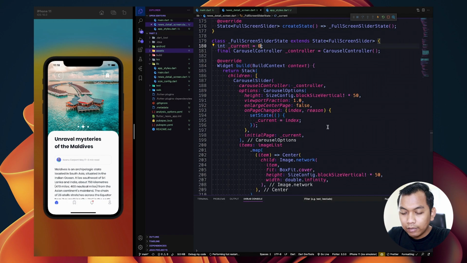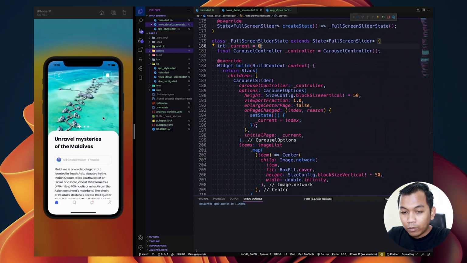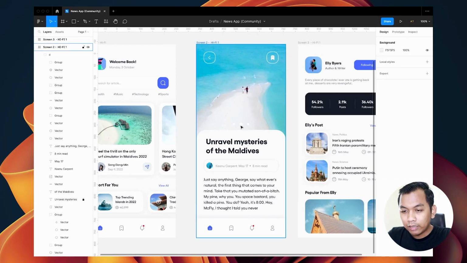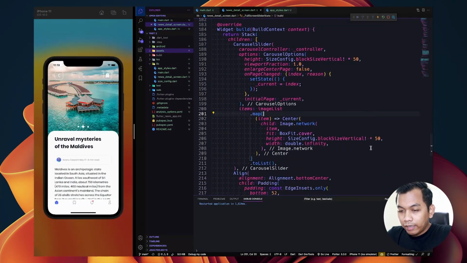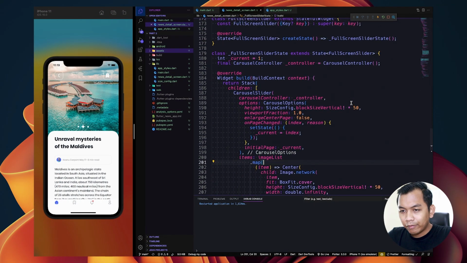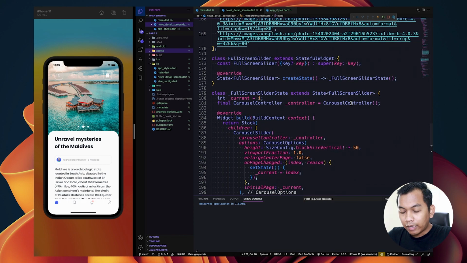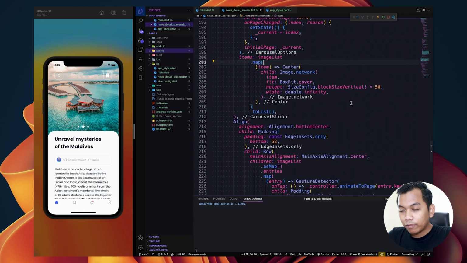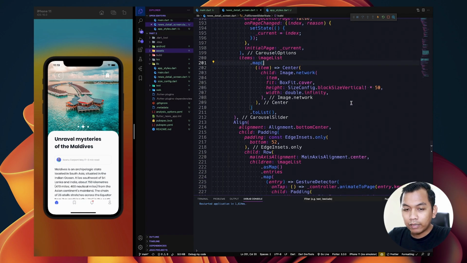When we restart, we will see the indicator will be on the first element. Looks like this. So I just translate from this. So in this Flutter full screen slider, we have the image and the indicator.